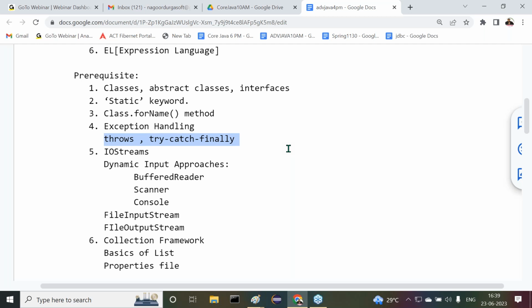Do you have any doubt on these concepts? The first three topics, you are already aware of, right? I know that you are already attending the classes in core Java. Only these topics we have not completed; some of you have completed them, but some of you have not. That's why I want to talk about these concepts here, right from core Java.